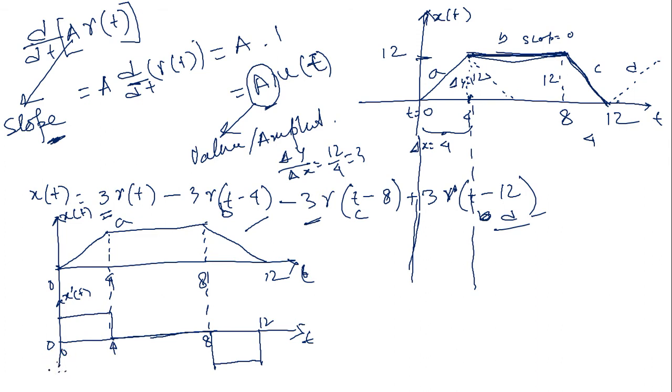You find this one is a minus 3, this one is a minus 3, this one is a 3, and this is the differentiation of this ramp. If you differentiate a ramp signal, this type of ramp signal, you will find this signal x dash t. Is there any confusion?